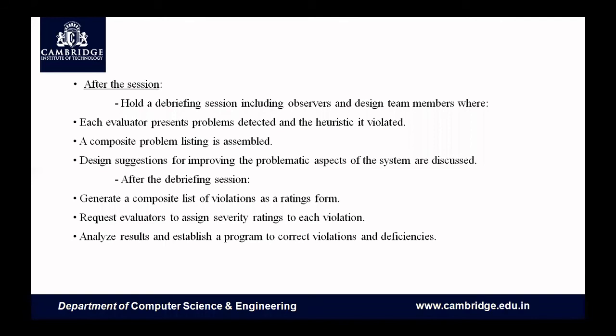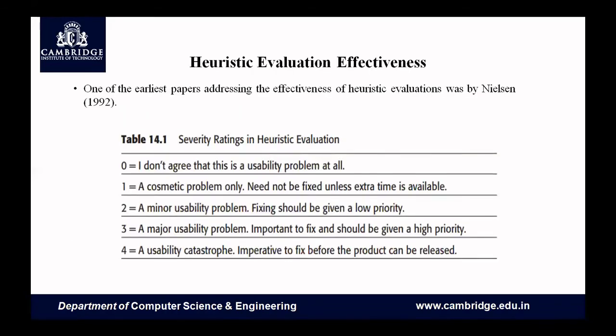And you have to ask the evaluator for a rating. For each evaluation, what is the rating? How much is it violated? It is like when we go to some malls, they ask, are you happy with that service? Rating 0 to 5. 0 is low, 1 a little more, 2 happy, 3 very happy, 4 excellent service. Something like that. The rating has to be given, right? Then analyze the results and establish a program to correct them. Heuristic evaluation will not do that, so we have to analyze all these things and establish a session for that.